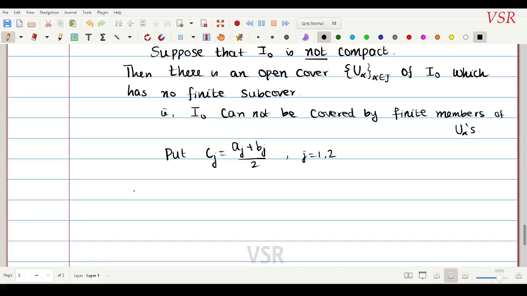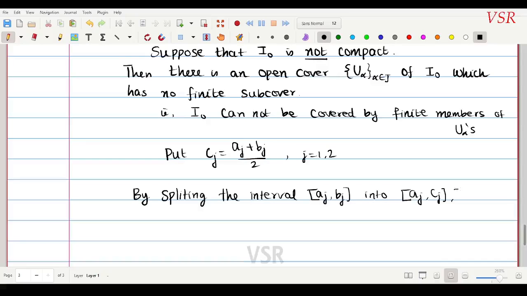By splitting the interval Aj, Bj into Aj, Cj and Cj, Bj, we get that the I naught, the K cell